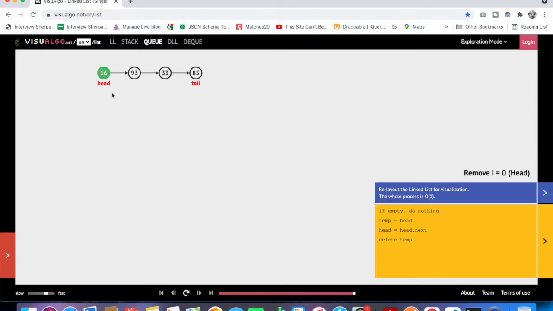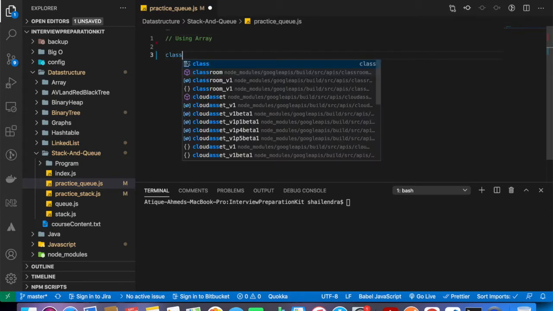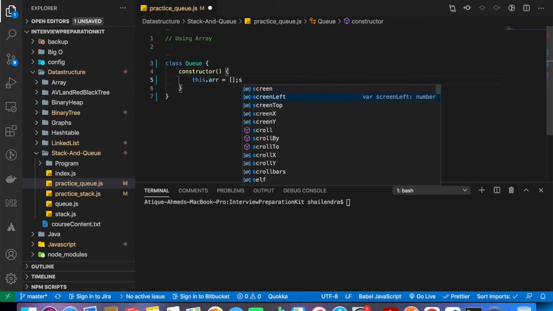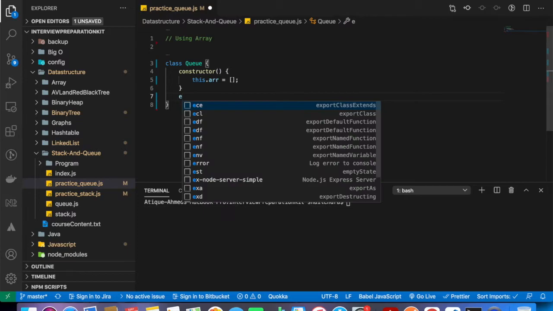Alright, so let's do the hands-on coding now. We are going to do that using an array, and let's create a class called Queue. Constructor will be this.arr, which is blank, and we can say here the enqueue method, right?